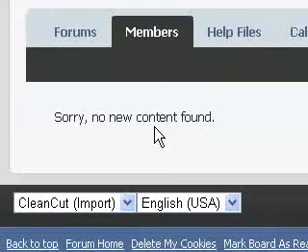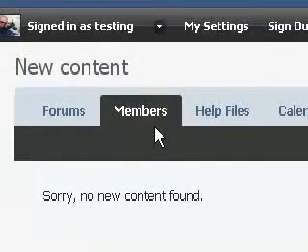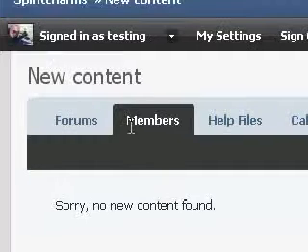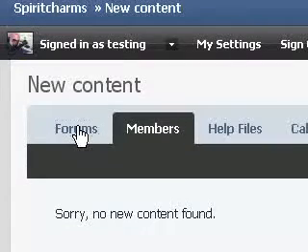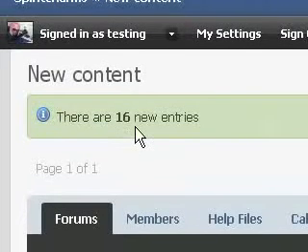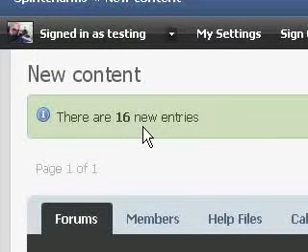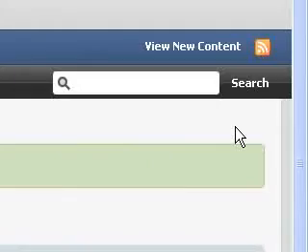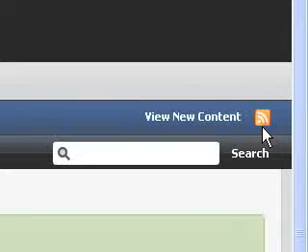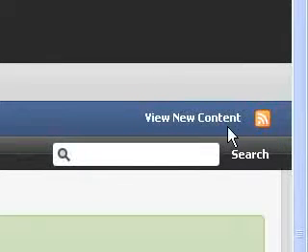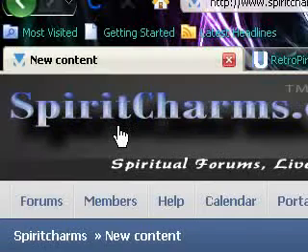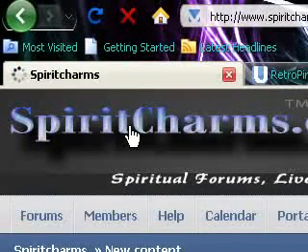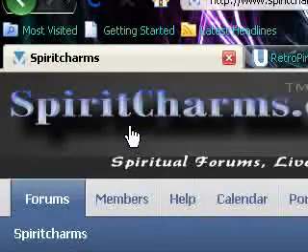And all new members since your last visit, which, as I'm the last member as testing, is blank. But that's the new content, and that can be quite handy. It's telling you that there's 60 new entries, and that can be found up here in the top right hand corner. It's an RSS feed, and it's view new content there. So we'll just go back to the forum by clicking that.